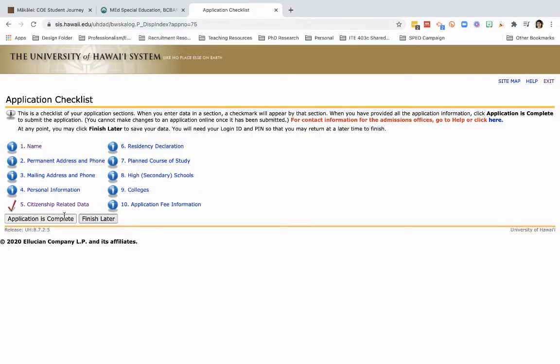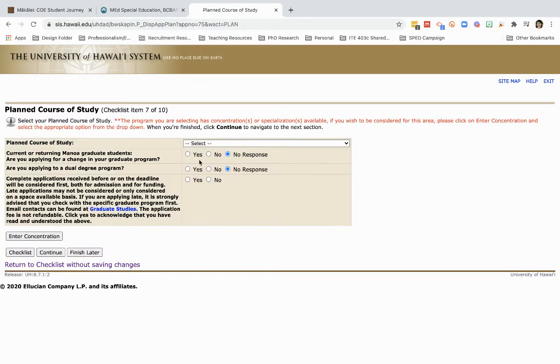I'm going to go back to the checklist to show you that even though I didn't fill out anything on the citizenship related data, there is now a check mark showing that it's complete because as a US citizen, I didn't need to fill out anything. So the other part that's really important is your planned course of study, and this is the trickiest part of